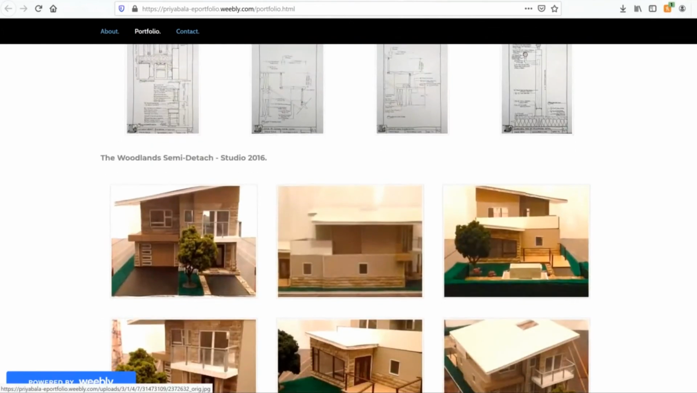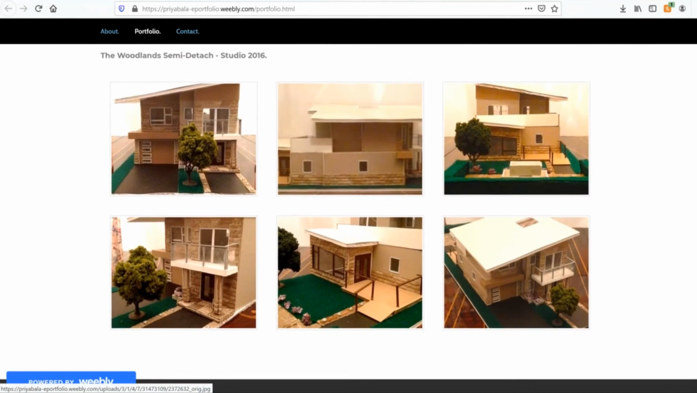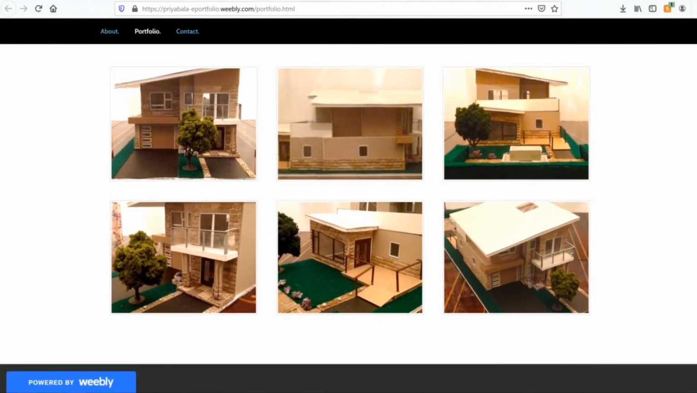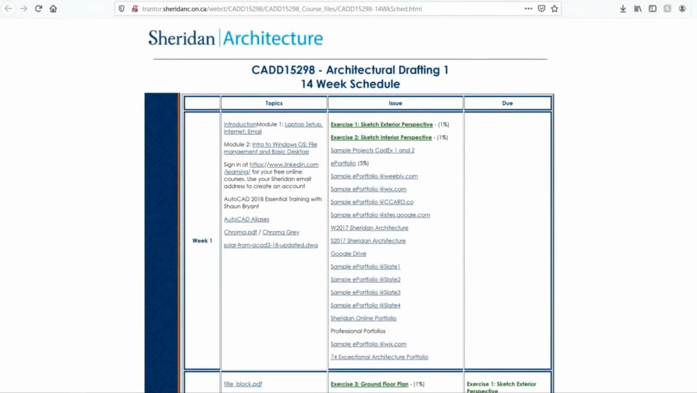So CAD, Studio, building materials, detailing, even math and history. Okay, so you can showcase all your best works. And hopefully you do this not only for the first term, but also for succeeding terms. You keep updating this. So you have a compilation of your best works. And it also encourages you to create good works even when you are doing exercises or especially for your